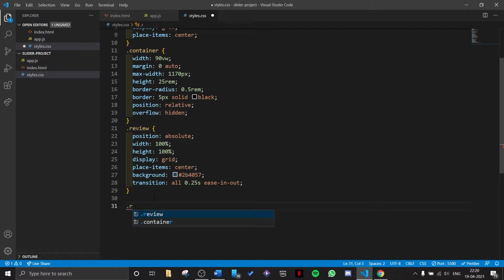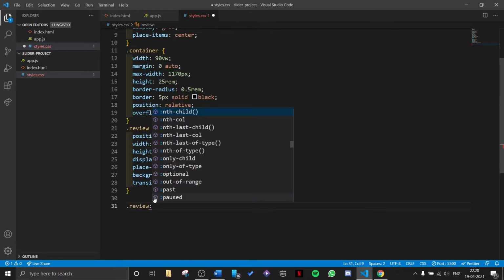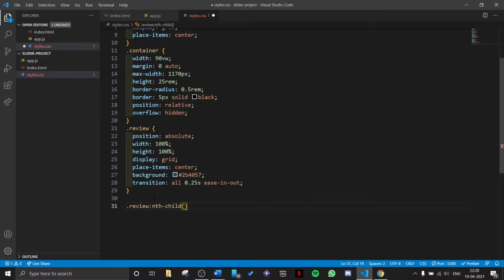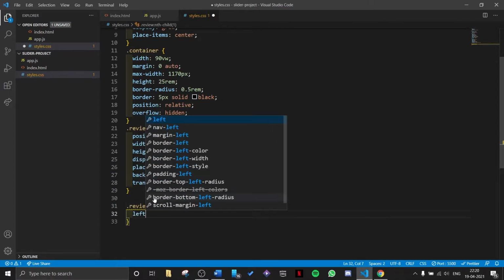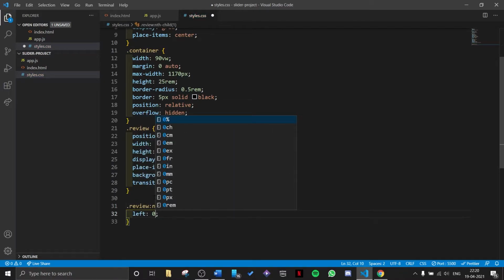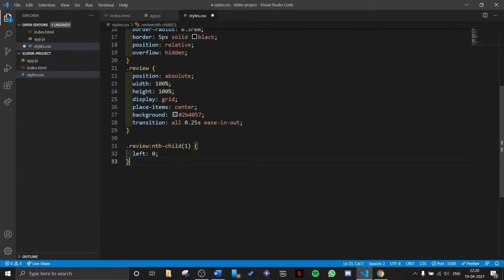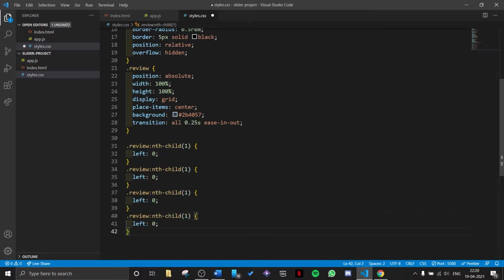So I will target the review and use the pseudo selector and child and target the first article. Left 0, and just like that I will do it for the remaining three articles. Number 2, number 3 and number 4.